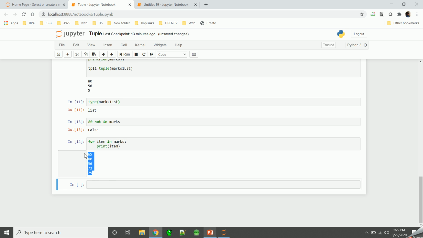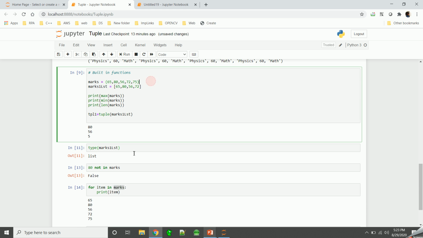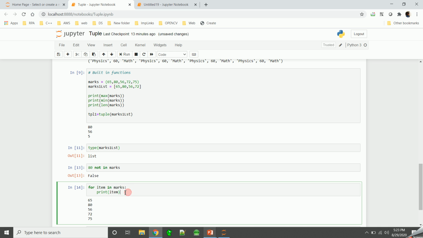Now you can see all the values are printed. One by one it accesses the value from this tuple and prints it. Here I am just printing, but based on your requirement you can use this iteration with a for loop and perform different operations.